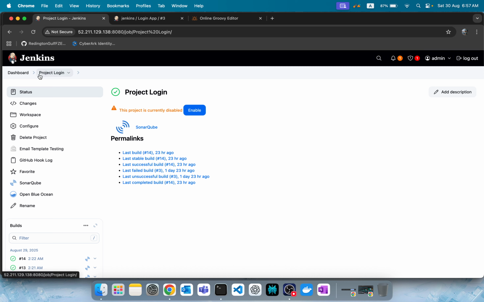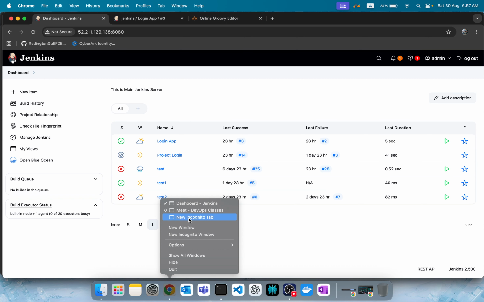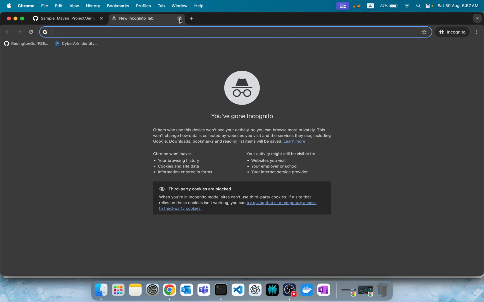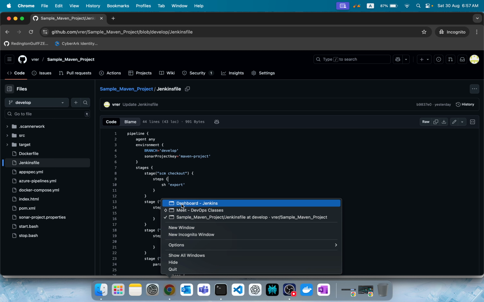It won't trigger unless we enable it again. It keeps triggering because the GitHub webhook is configured. You can uncheck the webhook, which is also fine, but I removed it. It's okay. So now what we have to do is